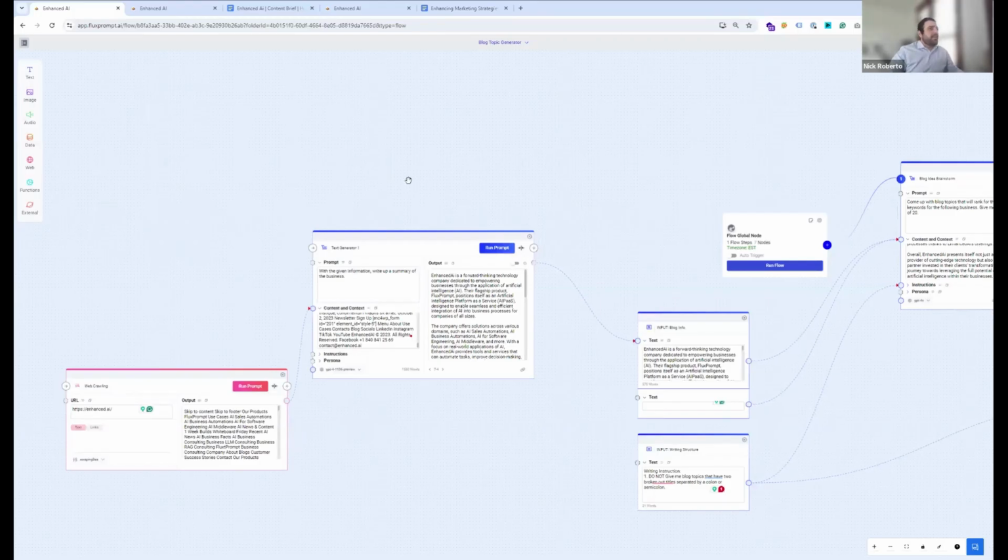Yeah, I can absolutely dive into a couple of these flows. Let me share my screen and we'll go through it. And Vince, you let me know if this is going to be super hard to see. I tried to make this a little bit bigger, and I'll zoom in and out. Yeah, do that. That's fine.